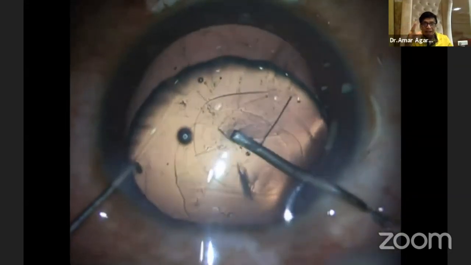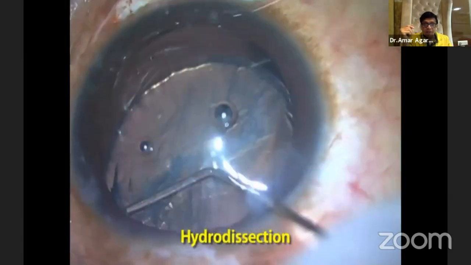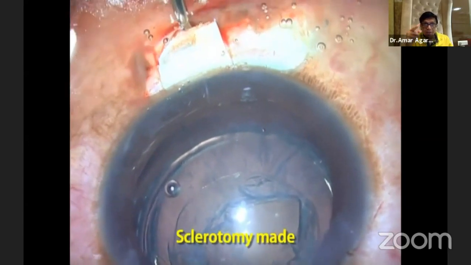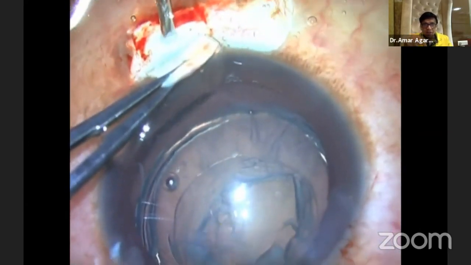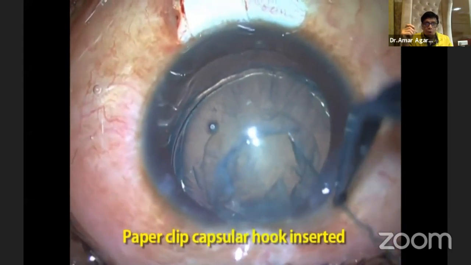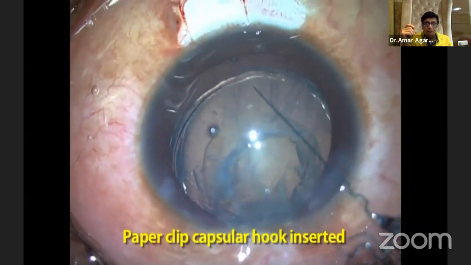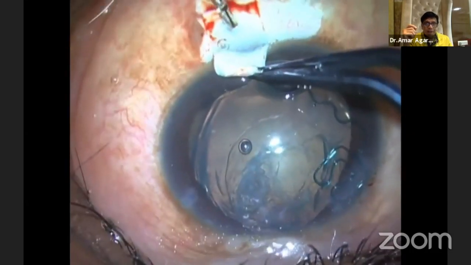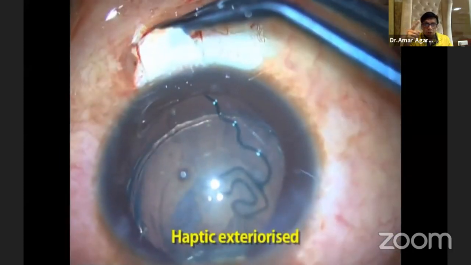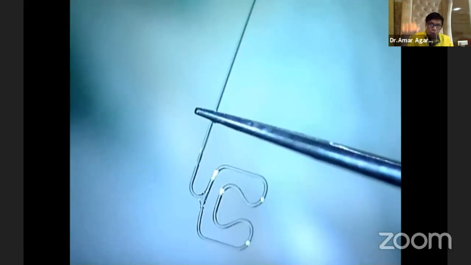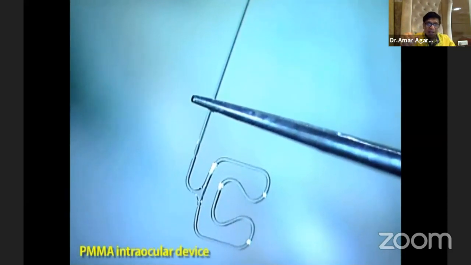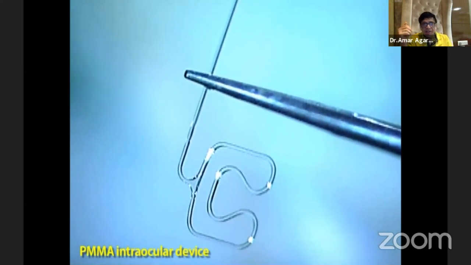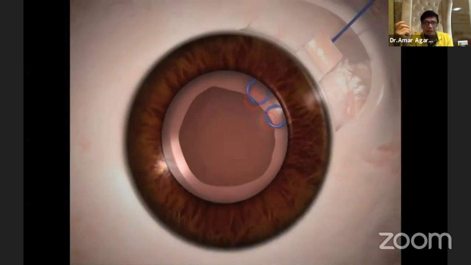The flap has been made exactly opposite the maximum area of the subluxation. Now you see I'm making an incision, a sclerotomy, from that side. Now this is the glued capsular hook. This is a paper clip now, which is a better modification of it, where the capsular hook works like a paper clip. You can see I pulled it out there through the sclerotomy. So all you need to do is, it is made of PMMA, and it locks onto the rhexis margin. So it's a very safe procedure, very simple procedure, and can be used by anybody there.